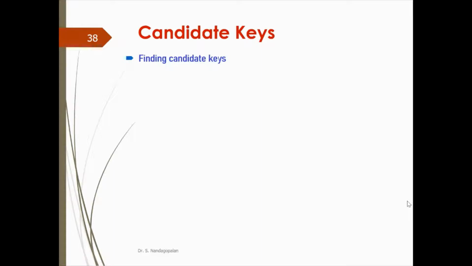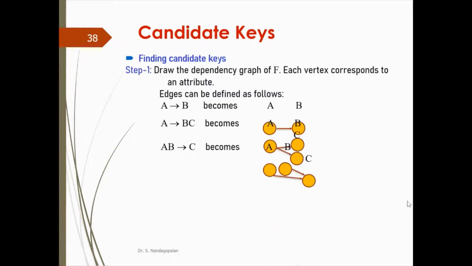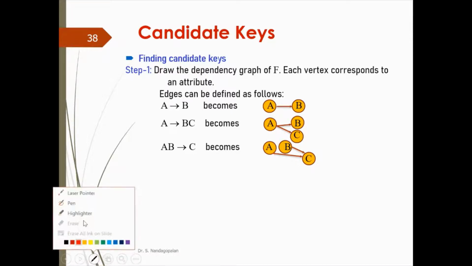Let me tell you how to do that. There are a set of steps, or the algorithm, which is required to carry out this process. Let me show you that. The first step in the process of finding the candidate keys is to draw the dependency graph